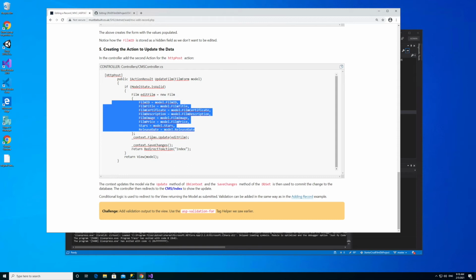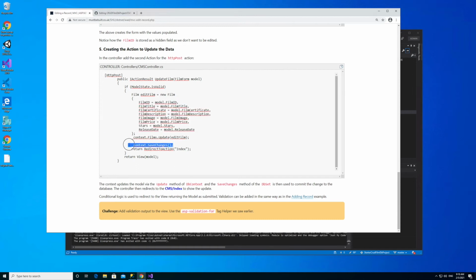This is DB set's update, so that's our DB set, and we're going to update it with edit film, and then we call DB context's save changes. And like with the add example, I'm just going to redirect out of here back to the index page. So that actually is redundant, like in the previous example. I could remove that. Okay, so let's copy that,